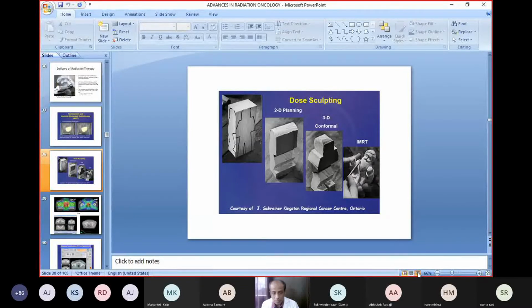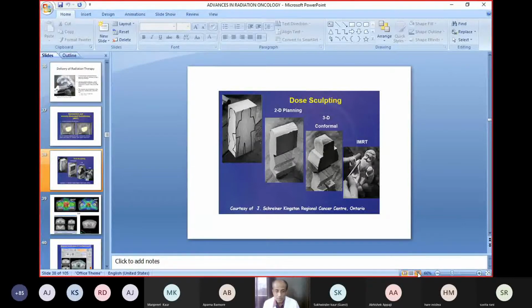So the physics behind is one is electromagnetic wave, which is a photon, and the particulate radiations are the electron, protons, and neutrons. So how does the photon play a role? Photon has a definite penetration in the body. It can penetrate up to, you can say, 10 centimeters or 5 centimeters. But the electron cannot penetrate much into the body. It penetrates hardly 5 centimeters or less than that. But it has a flattening beam energy which covers a symmetrical dose across the area where we are treating.